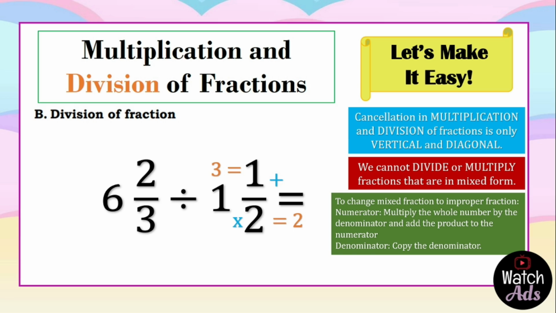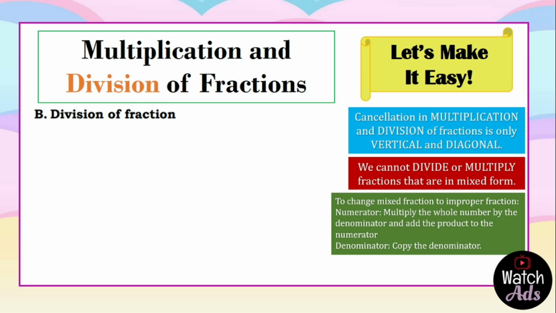That's the numerator of our improper fraction, and the denominator is 2 because we just copied the denominator. For 6 2/3, 6 multiplied by 3 is equal to 18, plus 2 is equal to 20. Now 20 is the numerator and 3 is the denominator,